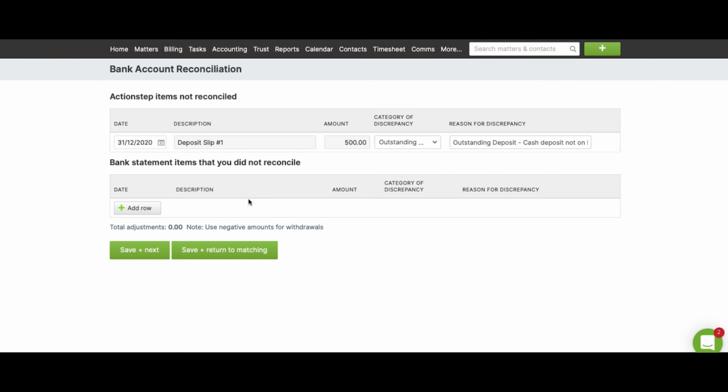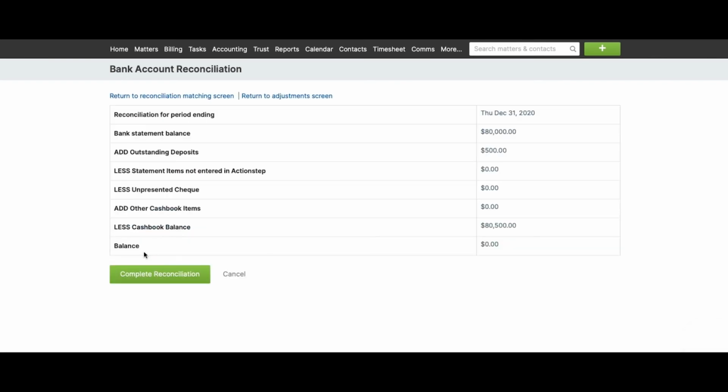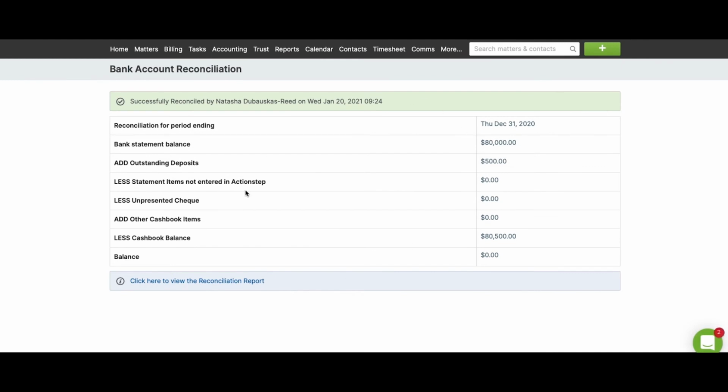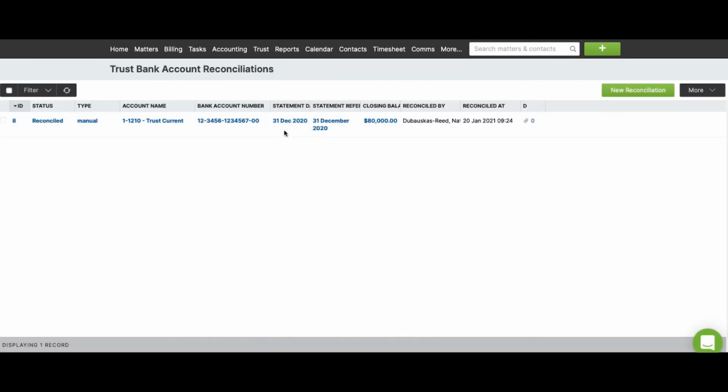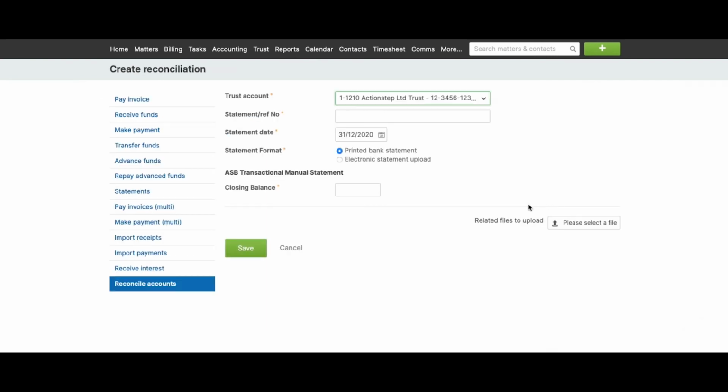So once I've added in my adjustment, I can then go save and next. And now my account reconciles because I've done that outstanding deposit. So I can complete that reconciliation. Now what happens when we do that is if we go back to our list, we can see that that has been reconciled. And if I go to do a new reconciliation after that date,